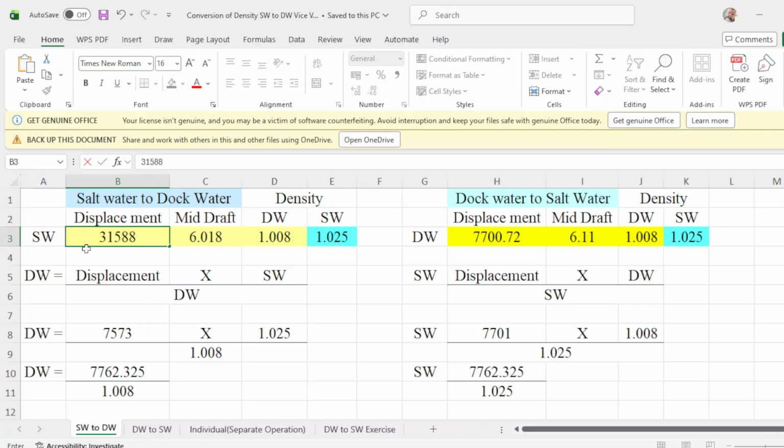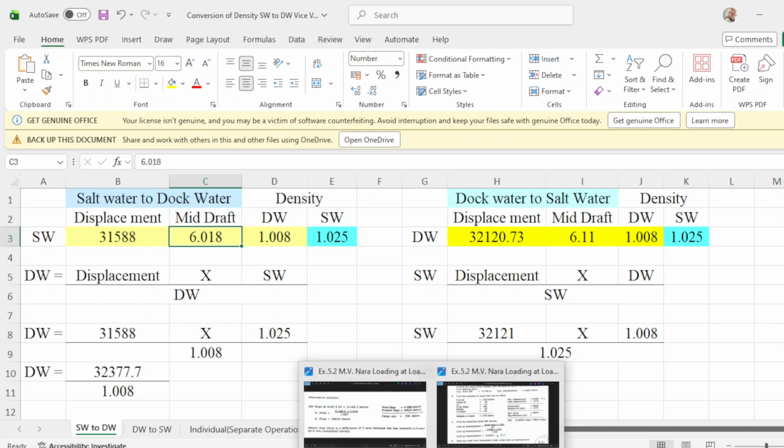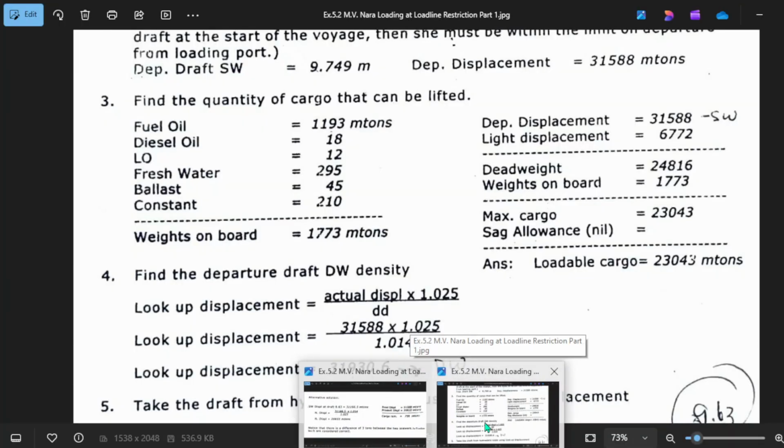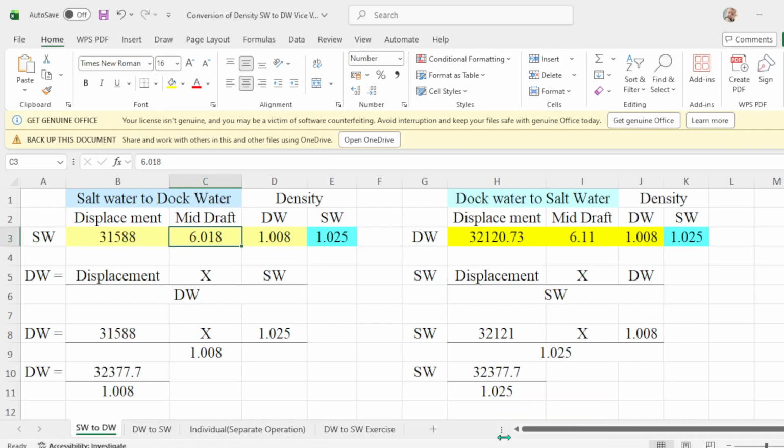Okay, so you put 31588, which is the displacement, and the corresponding draft is how much? That will be 9.749. And the local density at berth is 1.014.